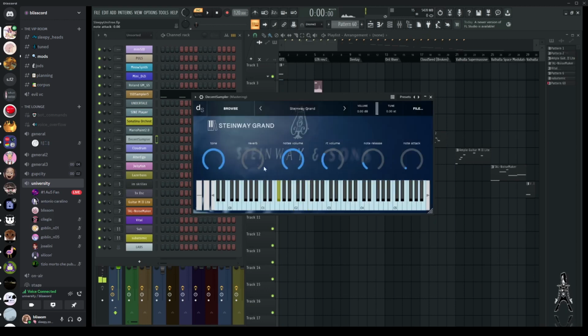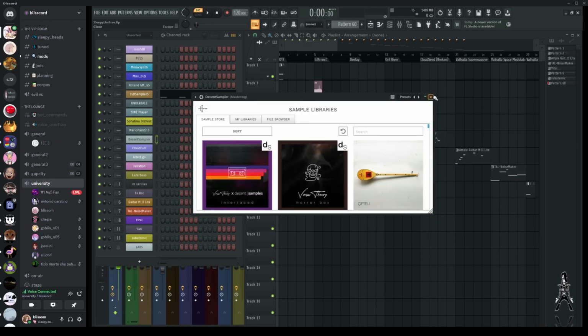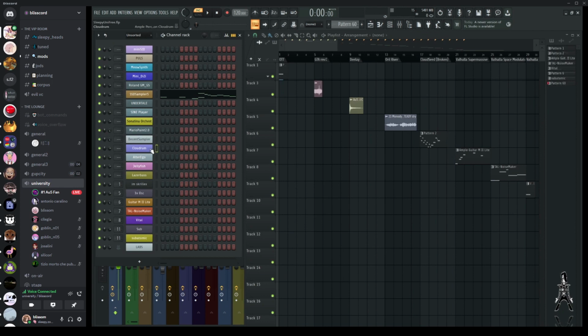Next up, I think this is the last of the real ones. Oh no, there's one more after this. But oh, FL did not like this. FL is not having it. Alright, I'm restarting FL. It just crashed, I think. But Cloud Drum is